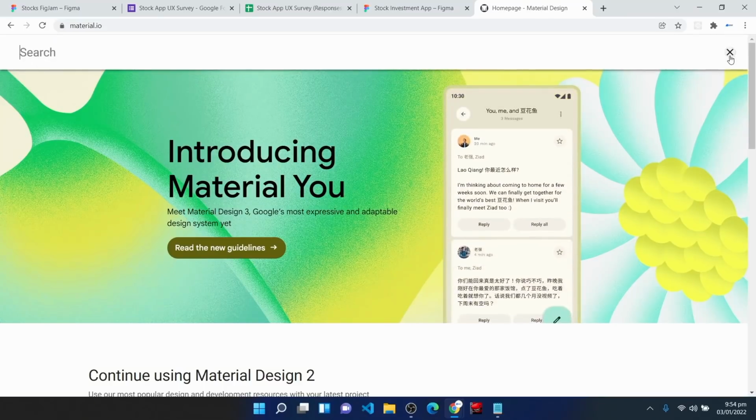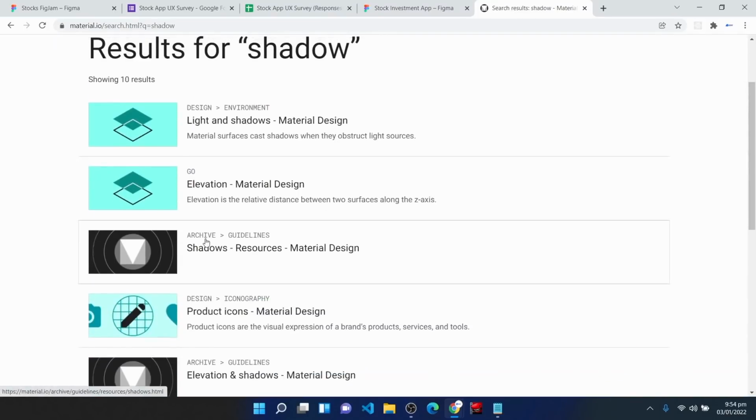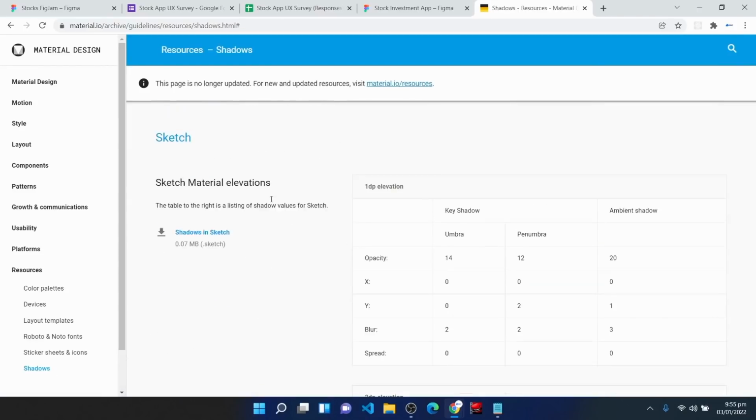I would click on the search icon there and type in shadow. When I press the enter key, these results show up. So I would click on this link here. That's going to take me to Material Design version 1, where I would make use of the recommendations they have there for creating shadow styles. So I would click on that link and come here and use these shadow recommendations